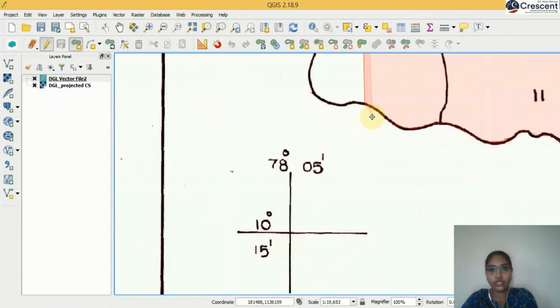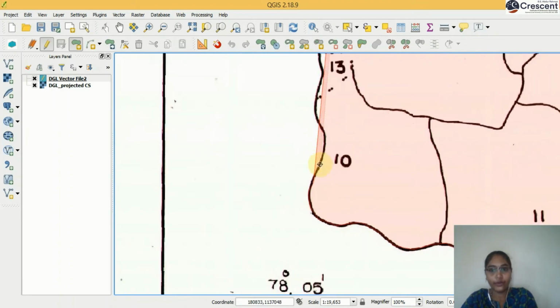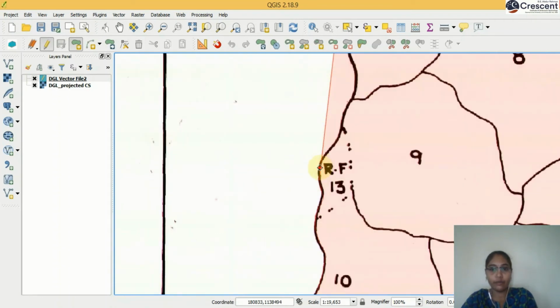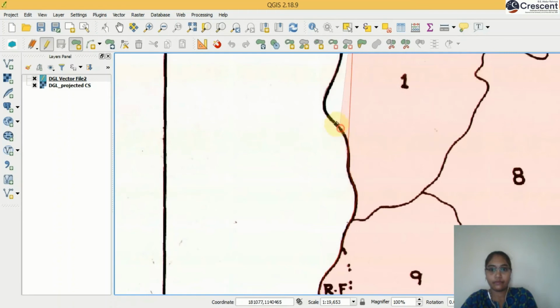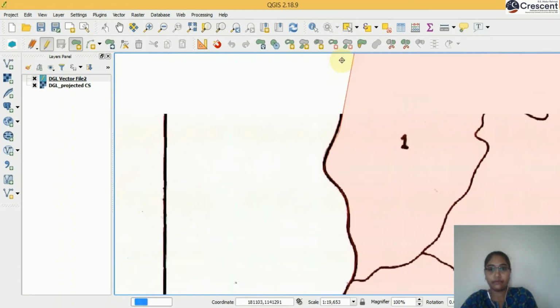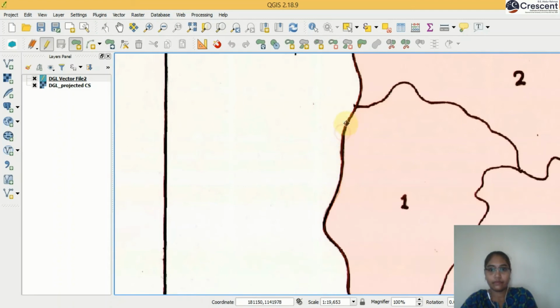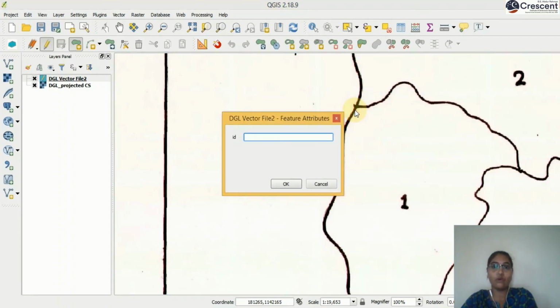If you made any mistake, or if you click the mouse button away from the line, you press the delete button on the keyboard, and automatically the last point will be deleted. Again you can proceed with your left mouse click. Now we came to the starting point. Now I am going to end this polygon, so I am giving a right mouse click.